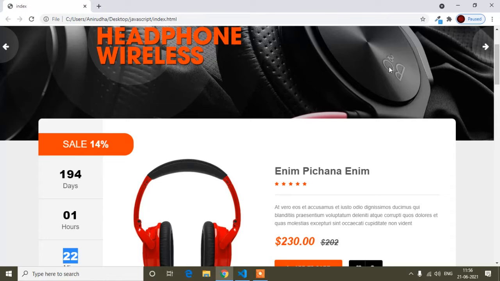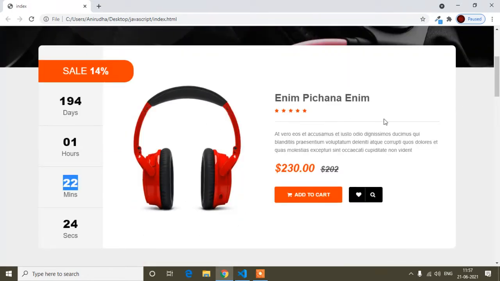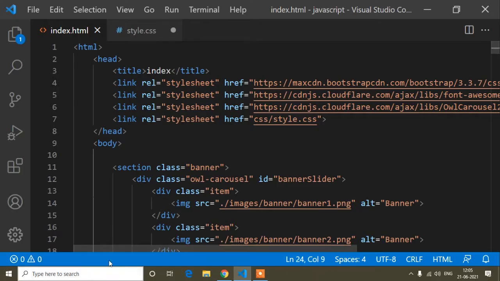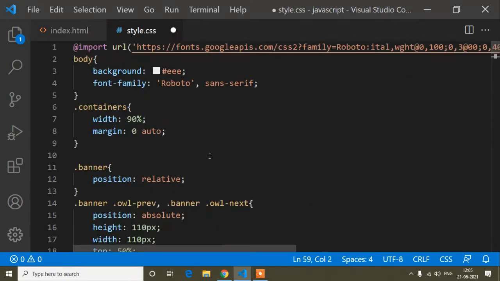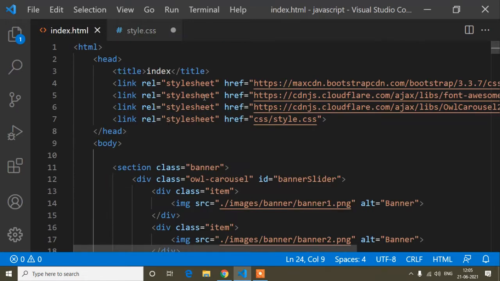Now I will open my Visual Studio Code editor for making this best selling product design. Here you can see I have opened the index.html file and style.css. First of all, I will give you the basic idea of this structure.